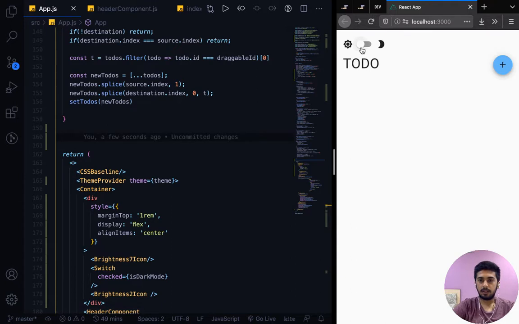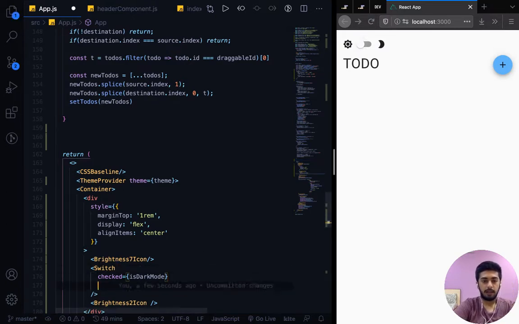So as you can see, right now we don't have an on click handler, so even when I click on this, nothing's happening. So now we need to set up an on click, and we don't even need to do that, we just have a one liner. We need to say set is dark mode,